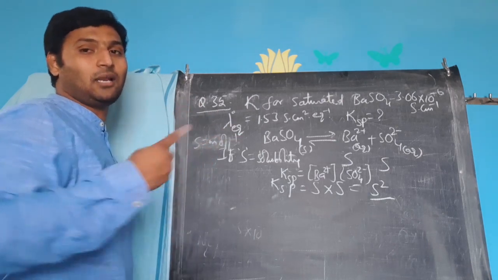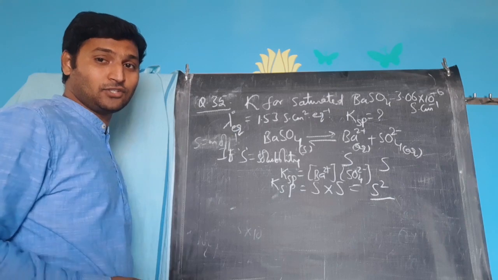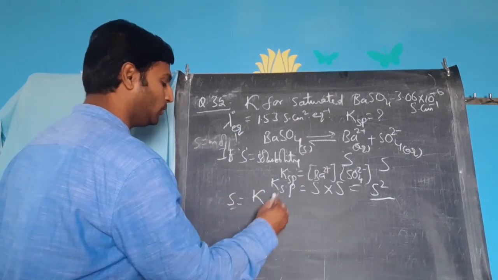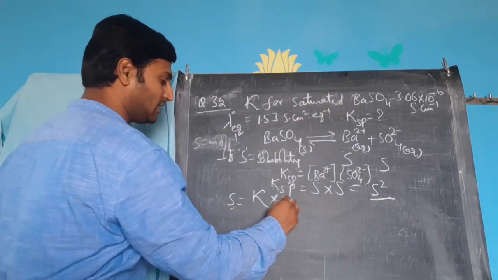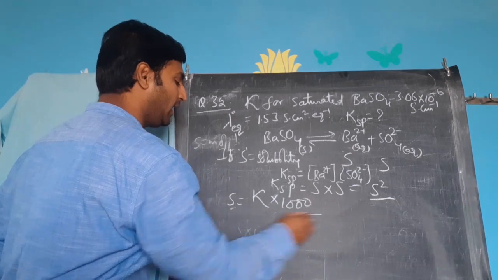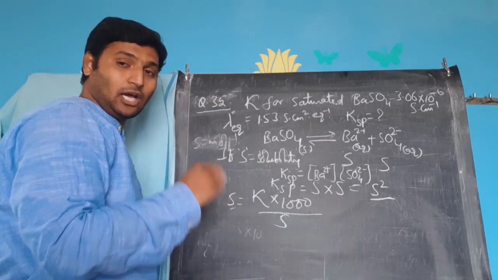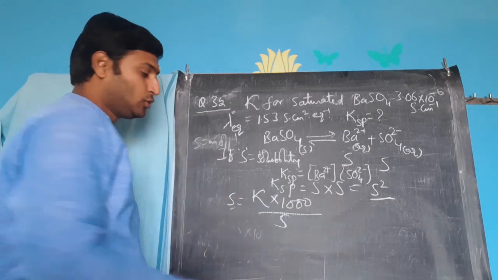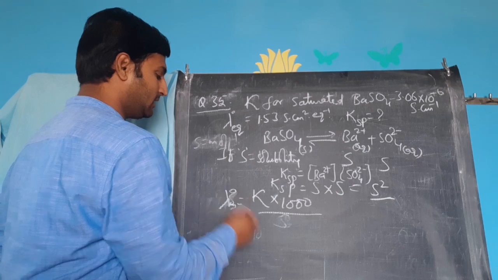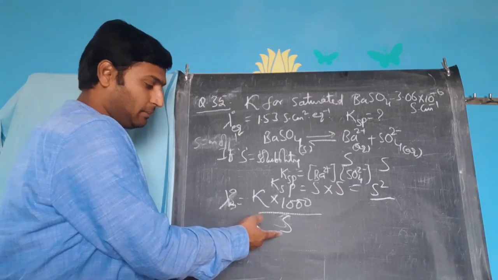For that, you need solubility. Again, one of the applications of Kohlrausch law. Go to applications of Kohlrausch law. I would have taught you that solubility is equal to kappa into, because CGS units are given, 1000 will be in the numerator. Otherwise, 1000 would have been in the denominator. Kappa into 1000 by lambda m naught is equal to solubility, because we are taking molarity as solubility.